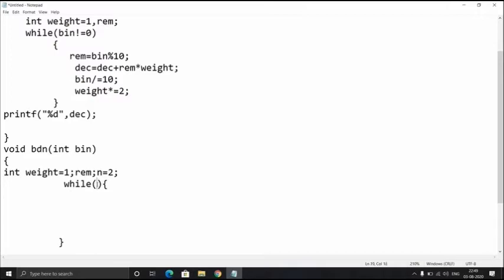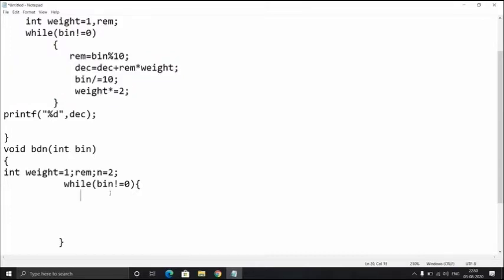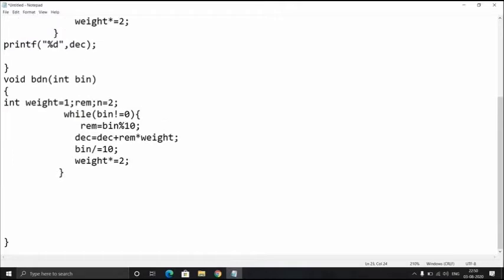I will explain it soon. In the while loop, bin not equals 0, the entered number should not be equal to 0. So within the while loop, I'm gonna copy and paste the same logic. The logic is similar, but 2 more steps are added.